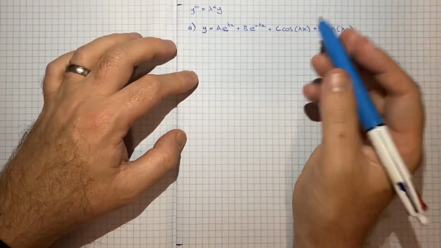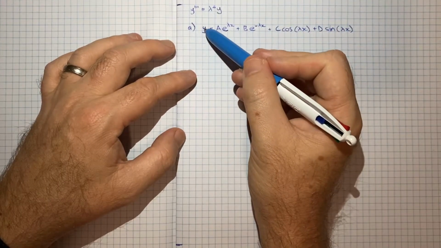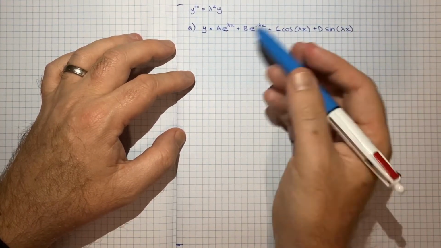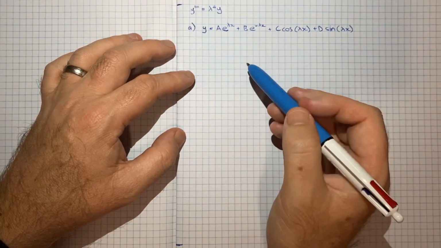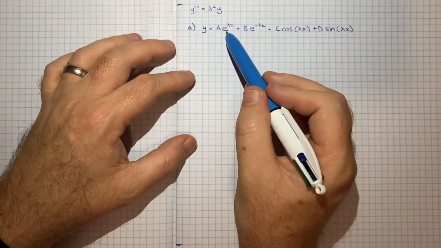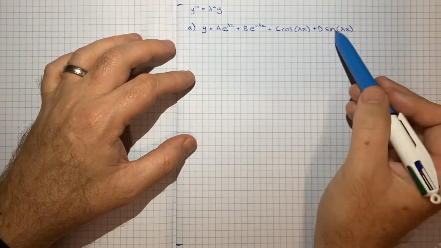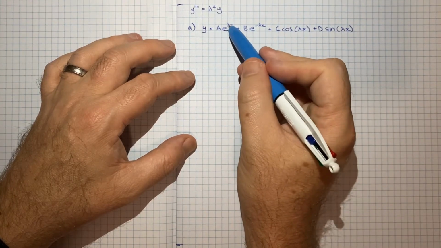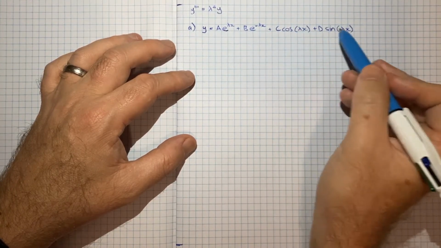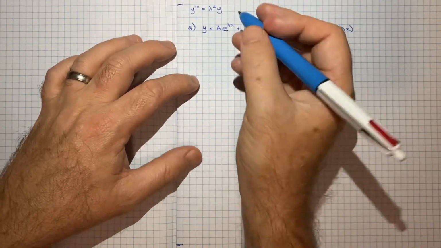So to show this, we basically just need to differentiate this 4 times and see if we can then write it in this format. To help with differentiating this, we're basically dealing with an exponential, a cos and a sine, and they're each e to the f(x), cos of f(x), sine of f(x). So it might be worth just noting the derivative